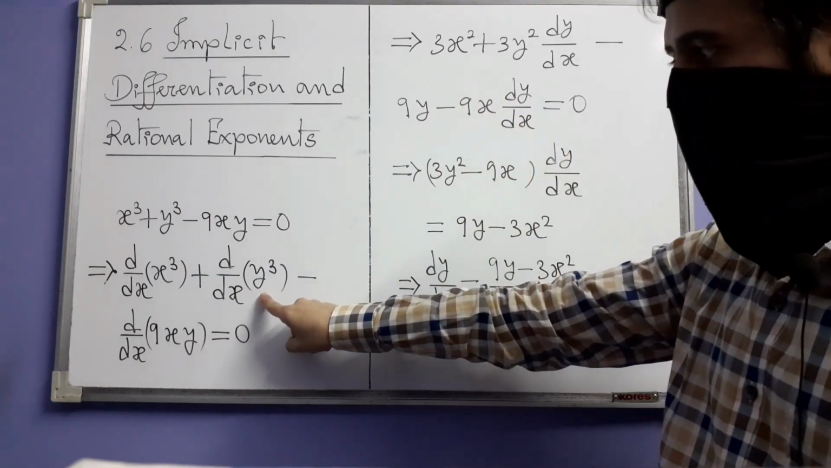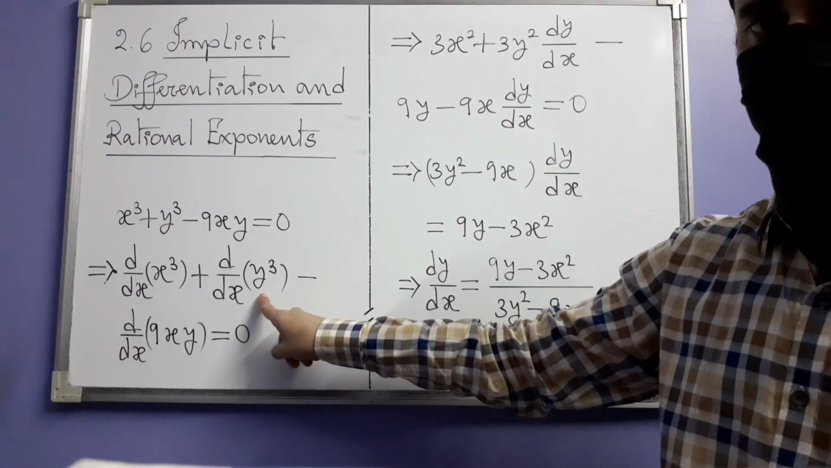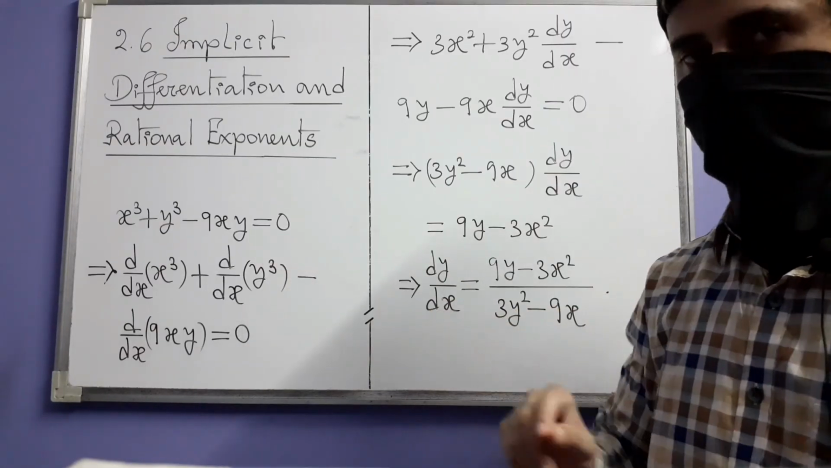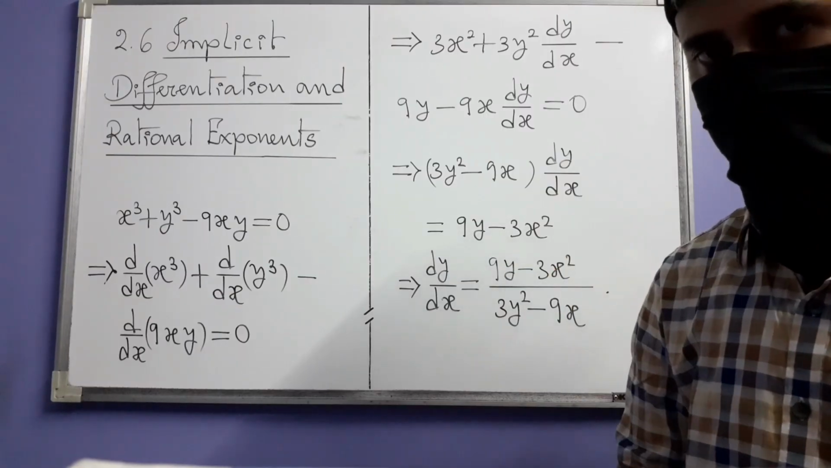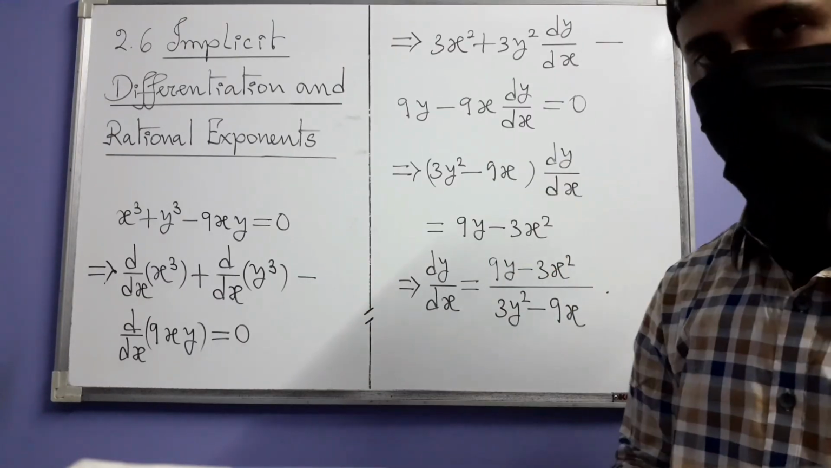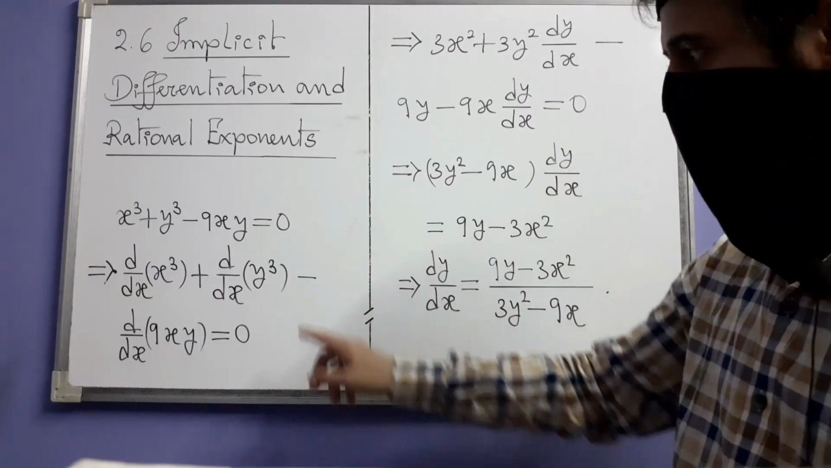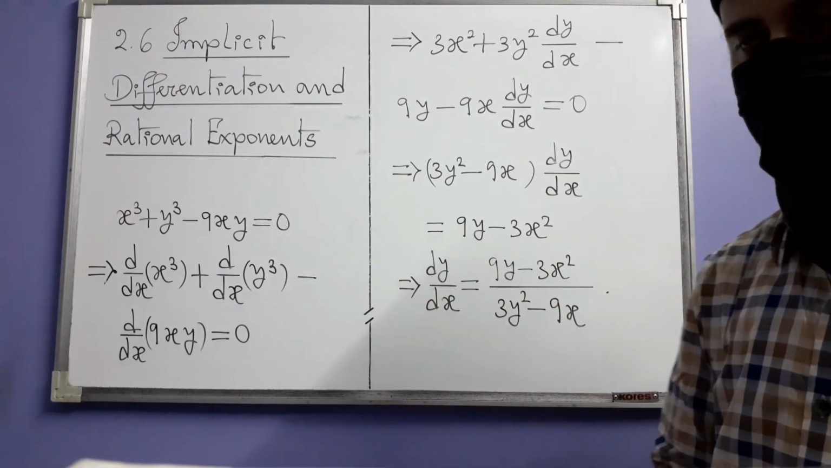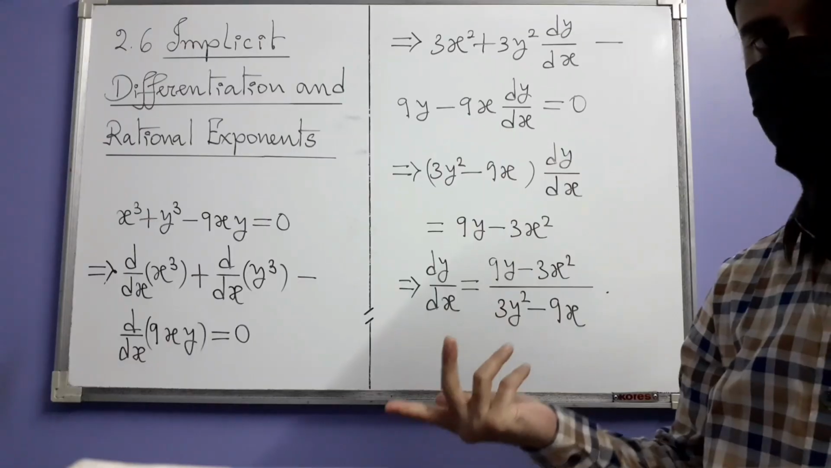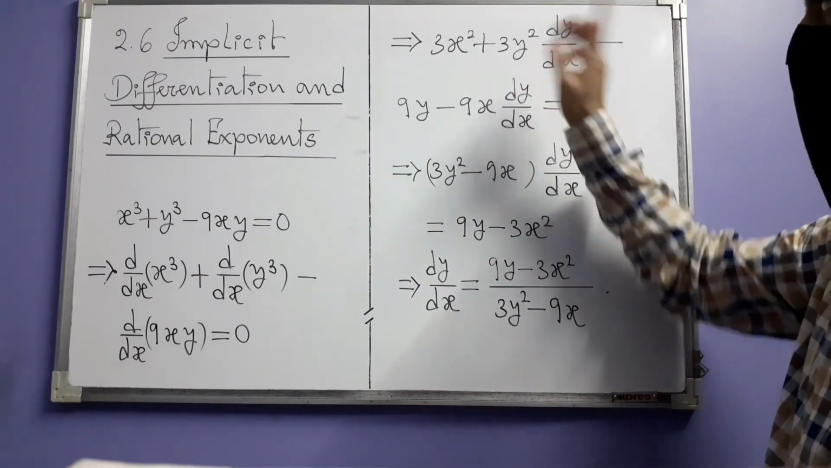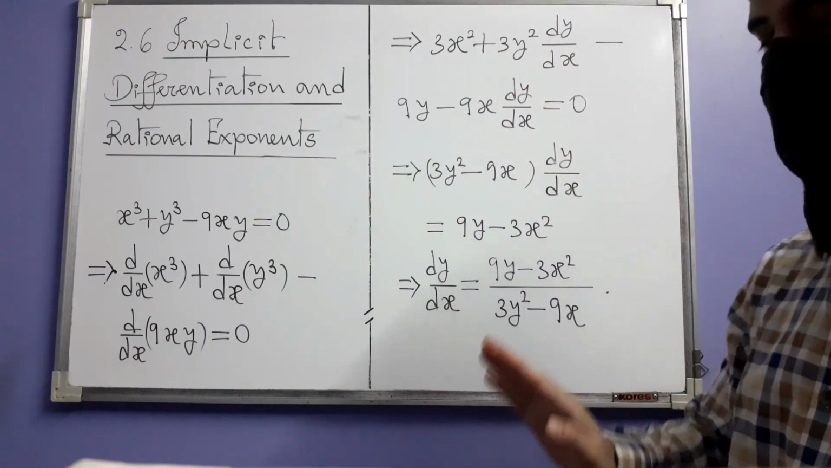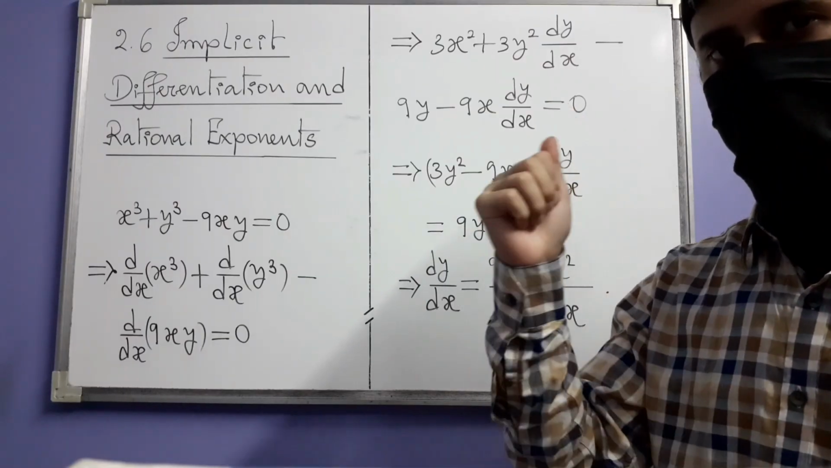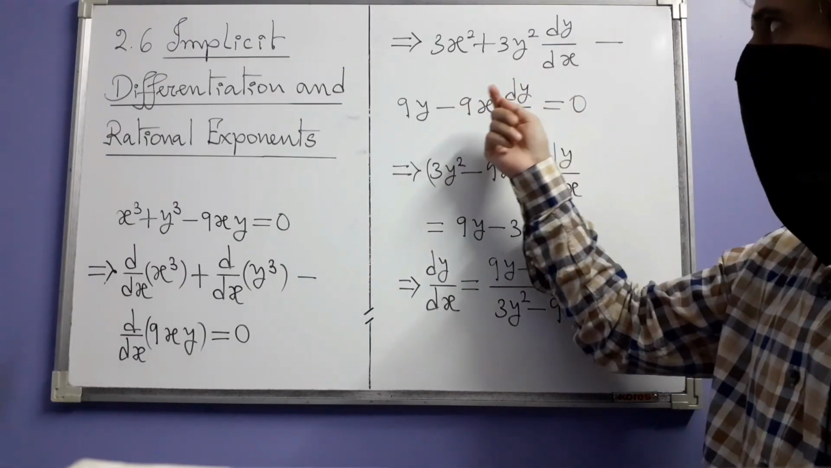How will you differentiate y cube? Note that this is a composite function. It's the cube of y, which itself is a function of x. So that means you have to apply the chain rule here. The outer function is the cube function. If you differentiate that, again you have to use the power rule. So you get 3y squared, and there you keep the inner function y intact,